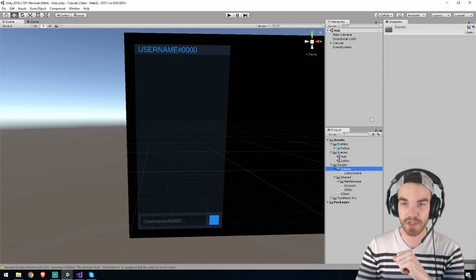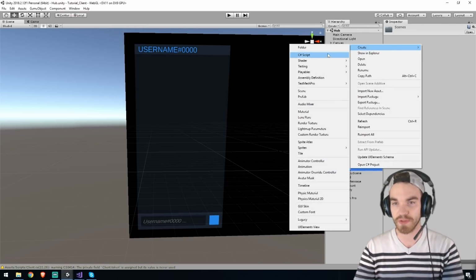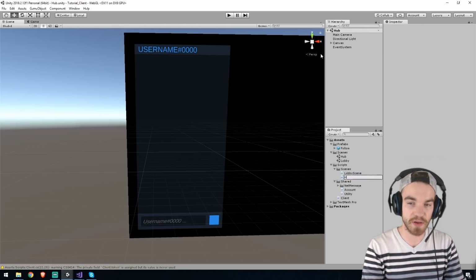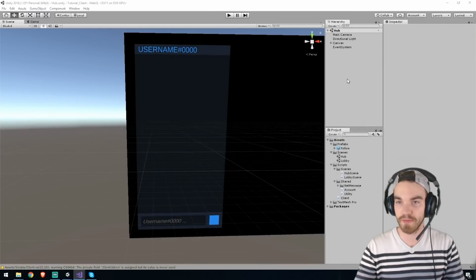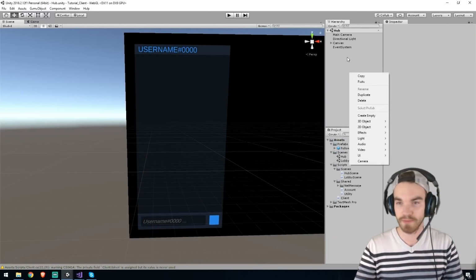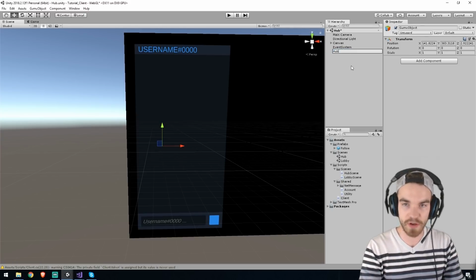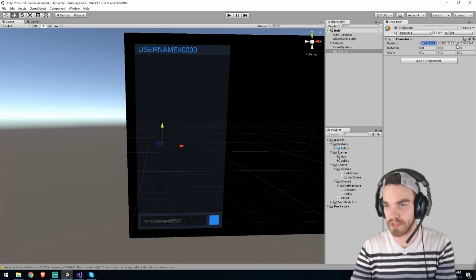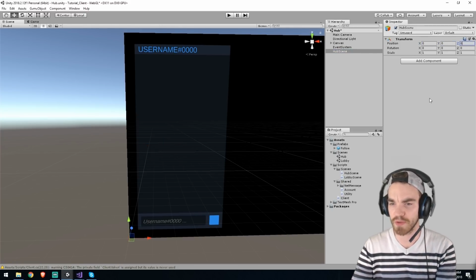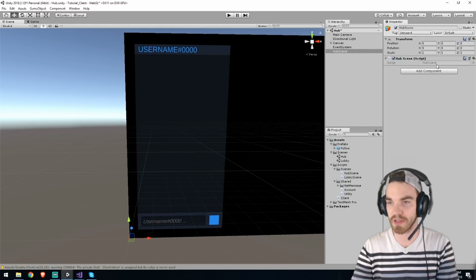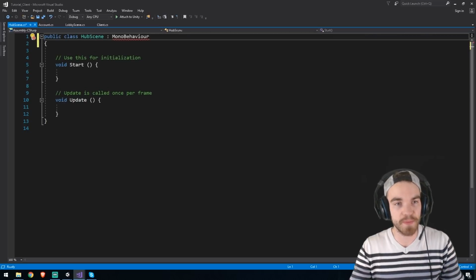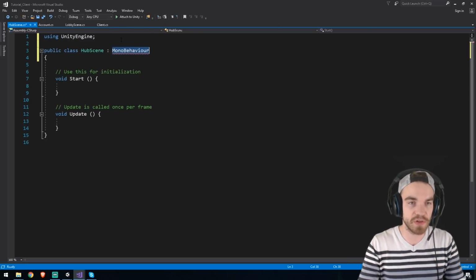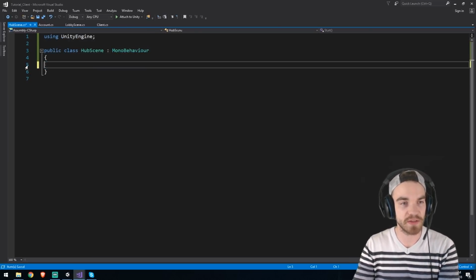So under scenes, right here, I will create a new C# script. This is my hub scene, and I will create an empty object called hub scene, reset the values, and then put my script on top of it. So hub scene, just like that. And let's get coding in here. So I actually think I will be using MonoBehaviour, and in the start,